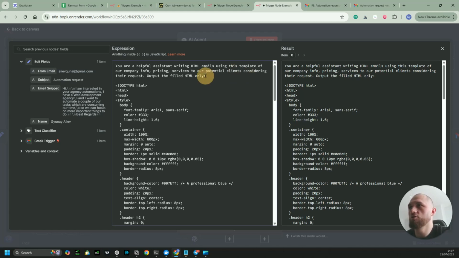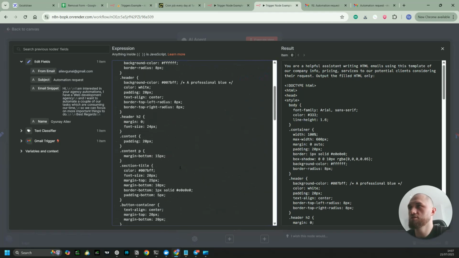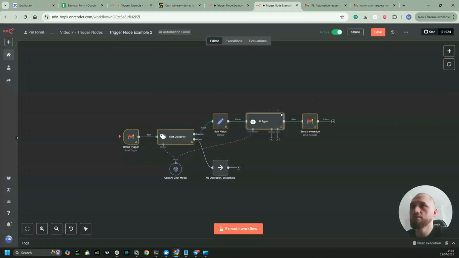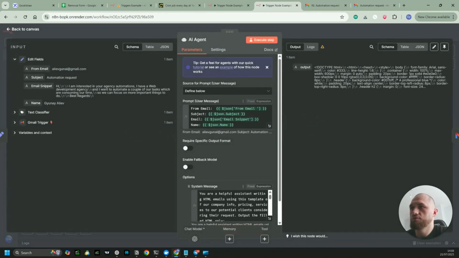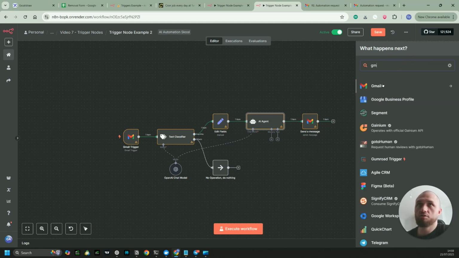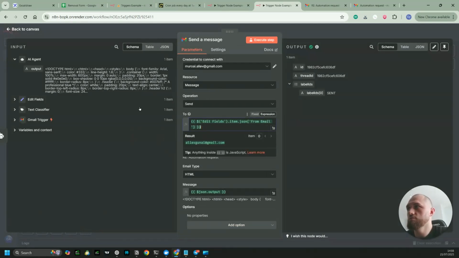Output the field HTML only, and this is a template again that is going to be included in the description, but you can generate it with ChatGPT, Gemini, or other AI models, so you can change your colors, your format, and everything. And then the AI agent is gonna run and fill the template with the client information, and we click here, get the Gmail node, send message node,